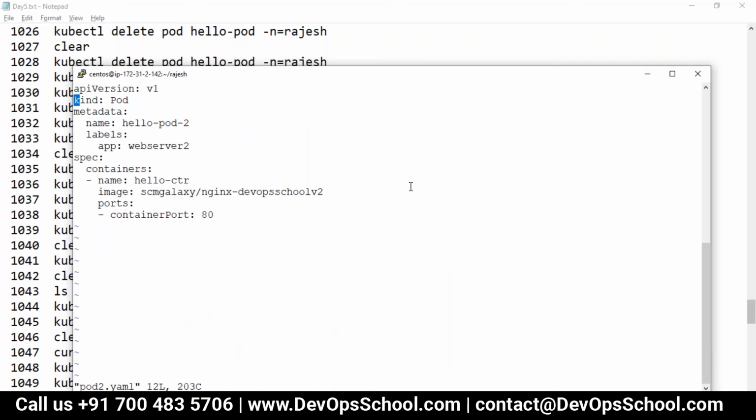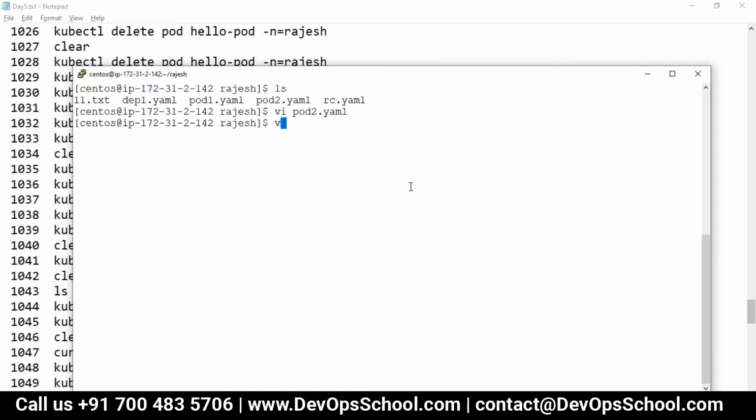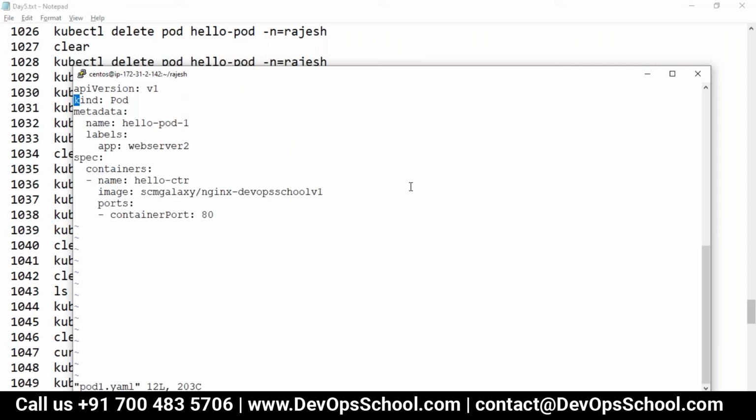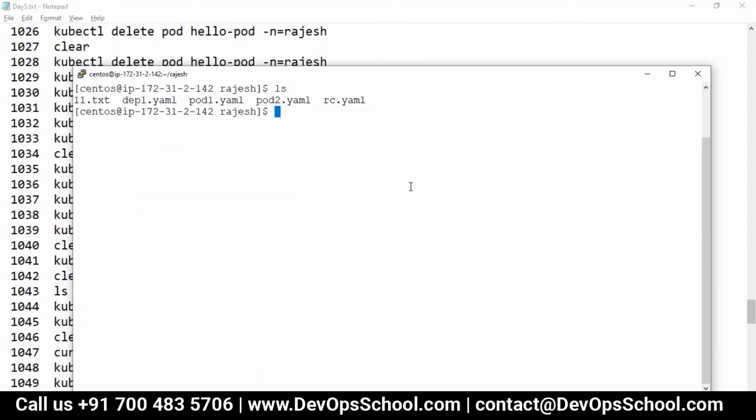In pod2.yaml, here I change it to one. So just a second. kubectl get pods -o wide. I don't know why this mistake has happened. Let me check. So Rajesh.